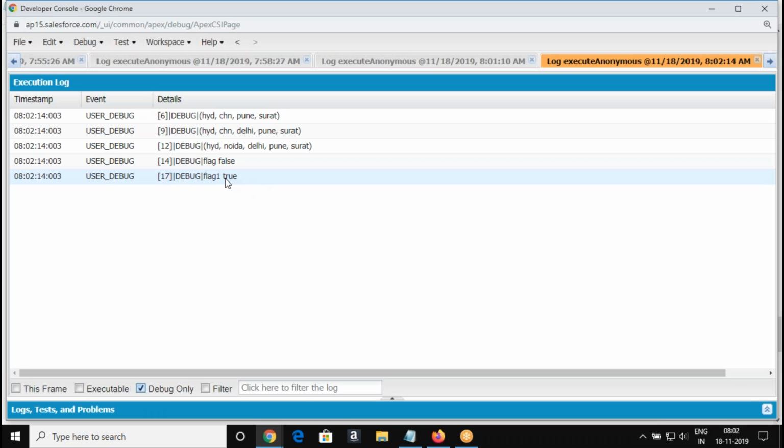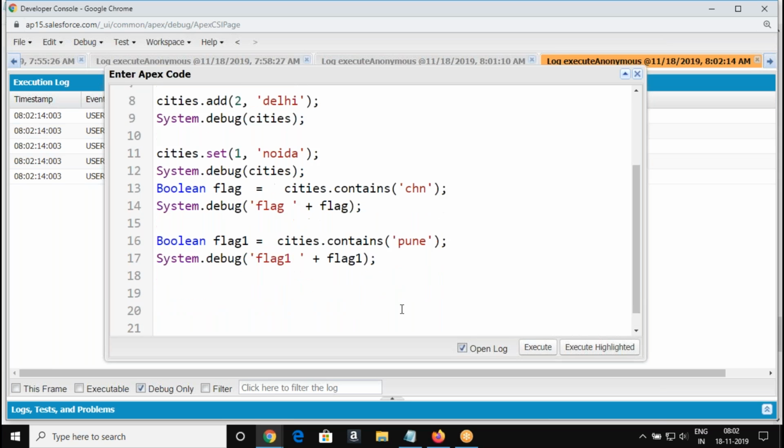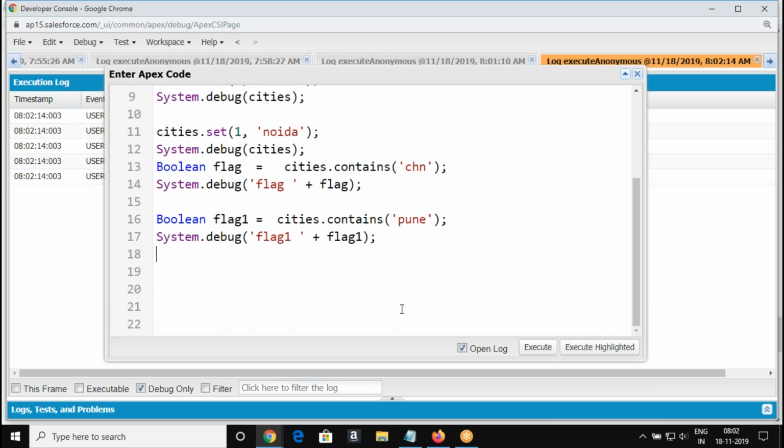People got this? So normally you will use it in your programming. We will use it in if conditions, right? If cities contains the city, then do some process here, else do this.